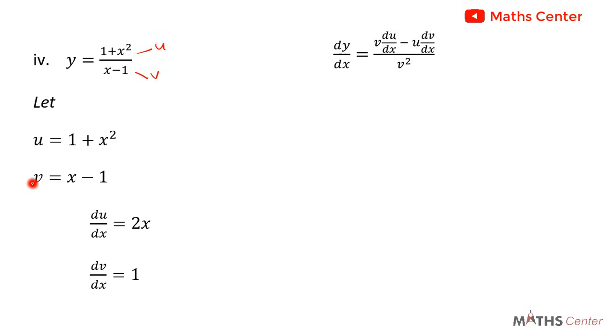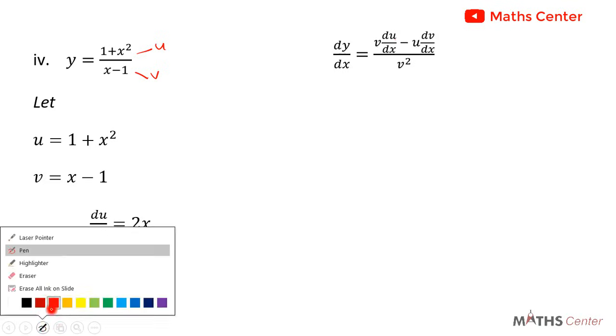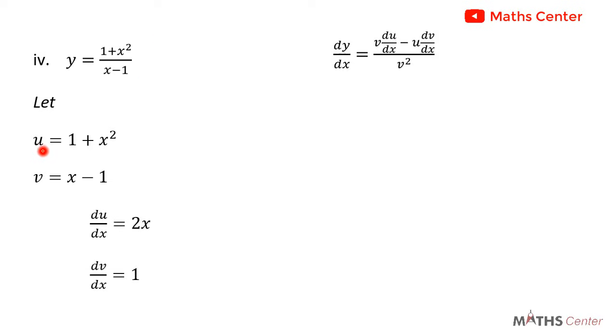We also need dv dx. v is x minus 1. So you differentiate x with respect to x, that gives us 1. You differentiate negative 1, you get 0. So dv dx is 1. So now we have u, we have v, we have du dx, we have dv dx, and so we can